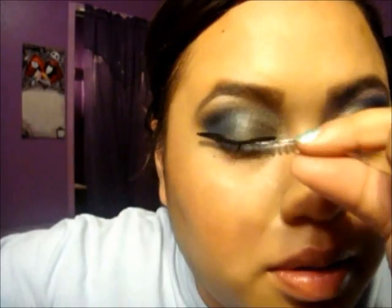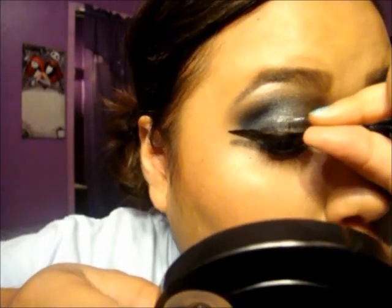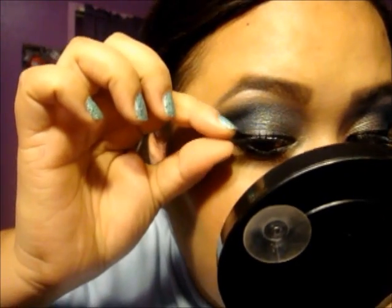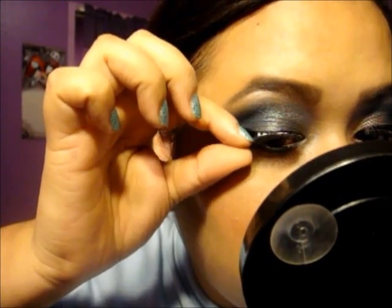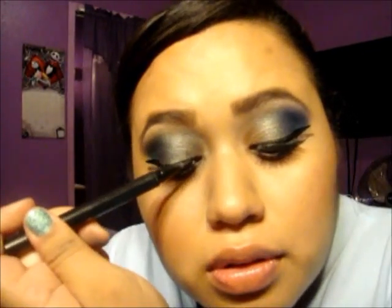And here's the hard part. Putting on lashes is always tricky. You want to get it as close as possible to your lash line. Now this glue dries clear, so it's not going to be a big old white line. You want to make sure they're in place, so push them in. Now once you've set your eyelashes, you just want to go ahead and retouch your eyeliner